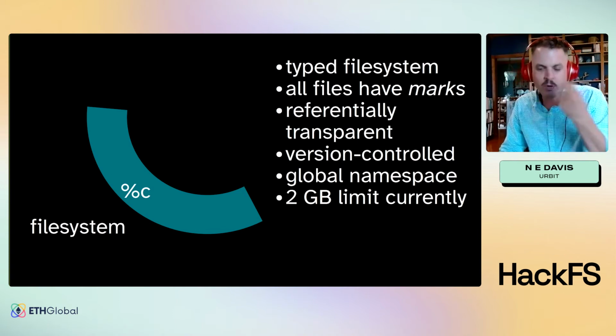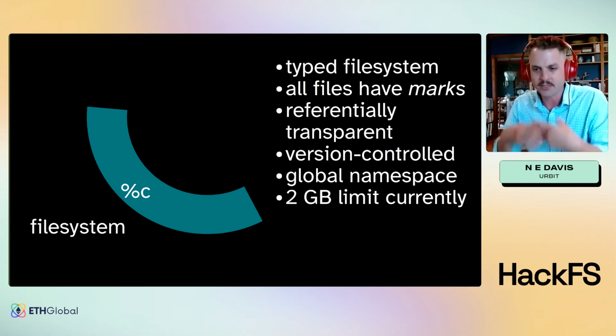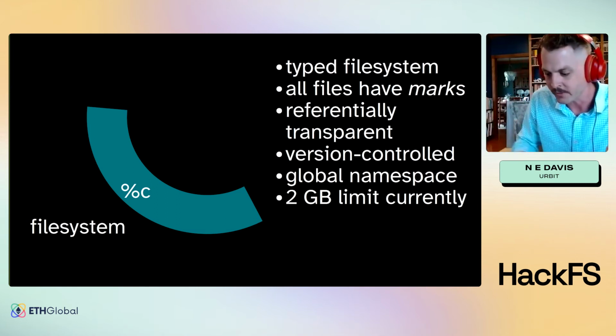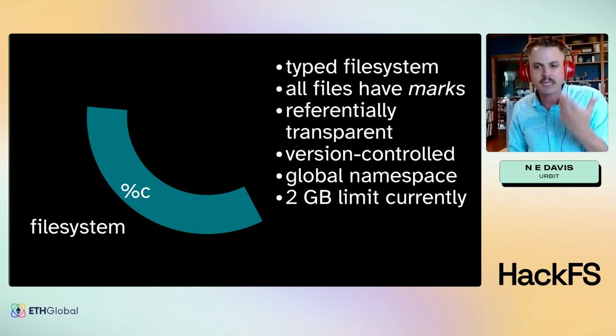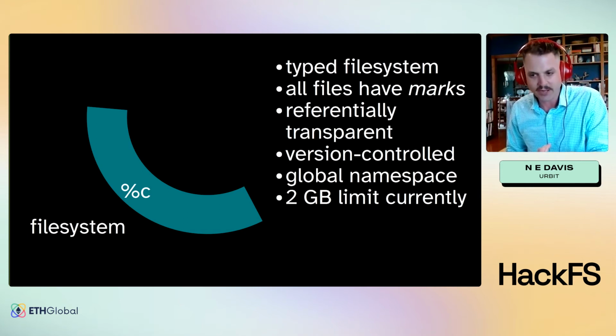The same way that, if we change the extension on a file name in Mac OS or Windows or whatever else, we may get a warning from the system, but of course it doesn't change the data, right? Changing TXT to PDF doesn't do anything to the data. It just confuses the system because you've labeled it wrong. Urbit actually attaches that as metadata to the file data, which means that you're only able to access it through a type, which is called a mark.